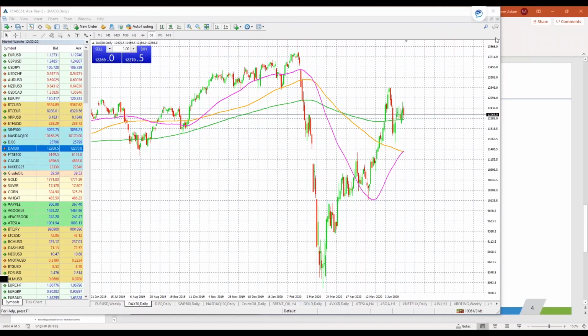When you say price action, what exactly do you look at? Candle formation only? What else do you look at regarding price action? When I say price action, I'm really looking at the candles, the price action within the candle, and how the candle has performed with respect to the previous candle. Are we having a higher high? Are we having a higher low? And we always compare them with respect to moving averages, and that is the most important thing for me to look at.